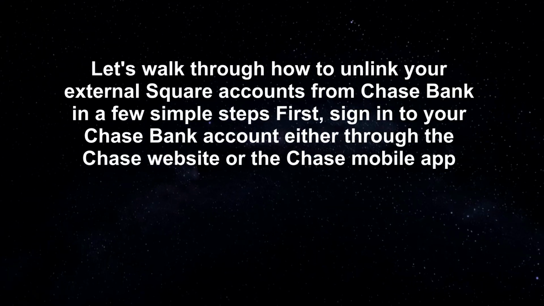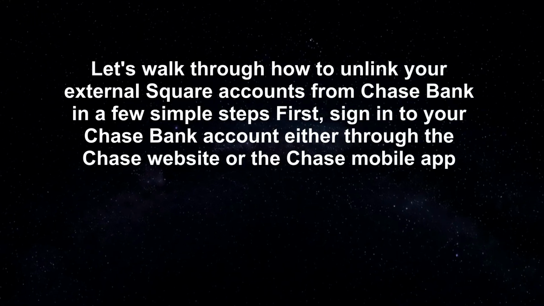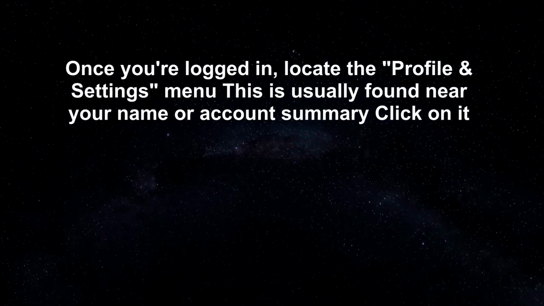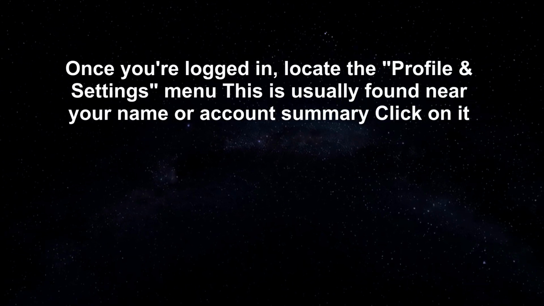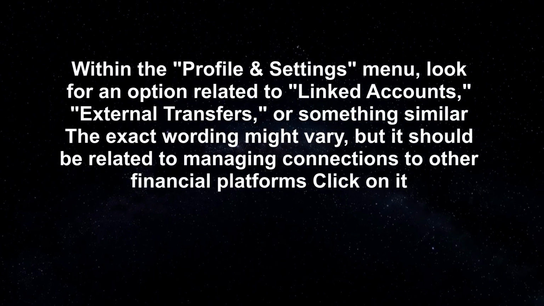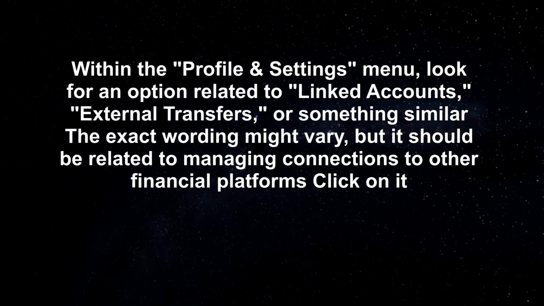First, sign in to your Chase Bank account either through the Chase website or the Chase mobile app. Once you're logged in, locate the Profile and Settings menu. This is usually found near your name or account summary. Click on it. Within the Profile and Settings menu, look for an option related to linked accounts, external transfers, or